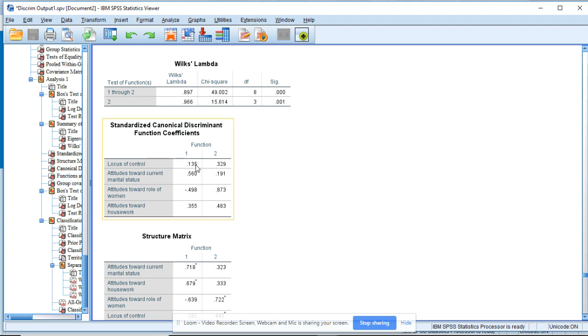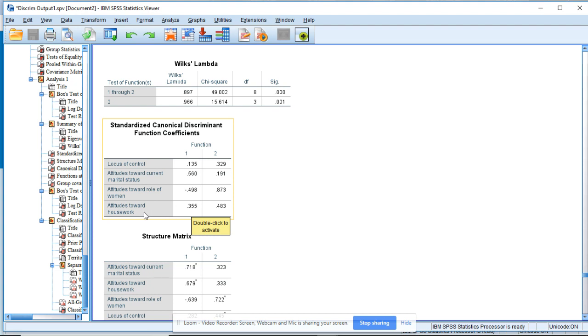So for the first equation, the composite score, meaning the combination of all the predictor variables that we're going to help guess the group it's in, you would do 0.135 times the z-score of locus of control plus 0.560 times the z-score of the attitudes towards marital status minus 0.498 times the z-score of the attitudes towards the role of women, and then plus 0.355 times the z-score of